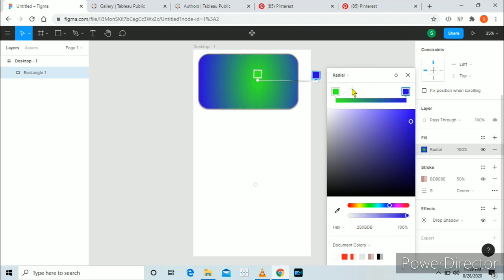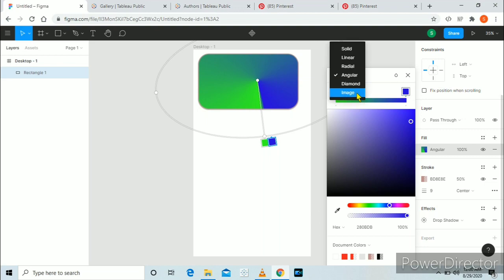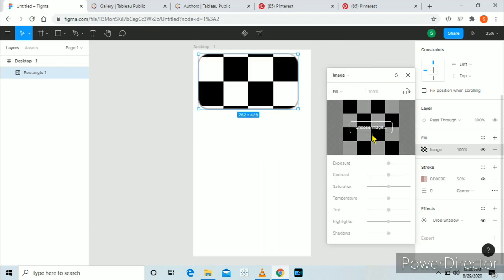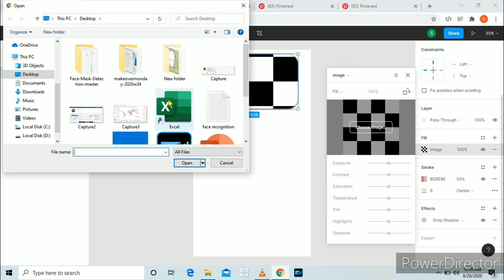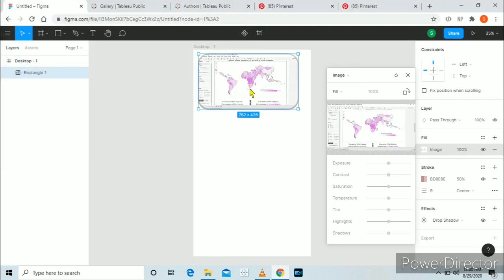One more thing you can do is you can make it radial. You can make it diamond. You can make it angular. Many things you can do. Your imagination is only your limitation. Now you can also give it a picture. So just choose image like this. For the time being, I will use the solid colors.